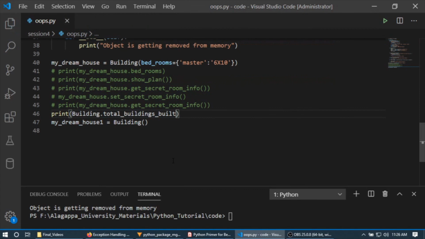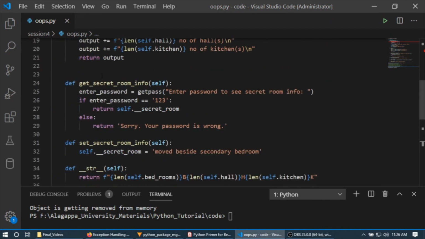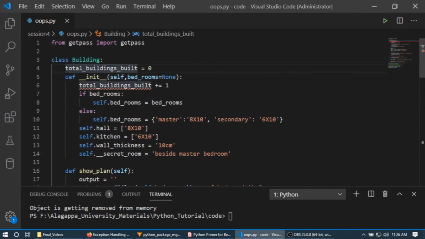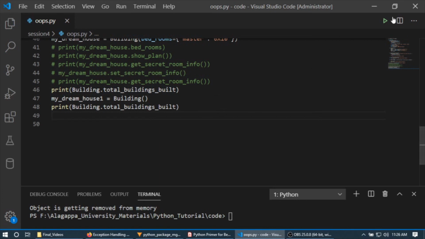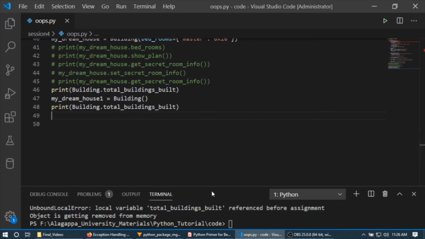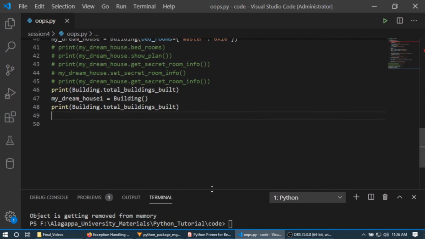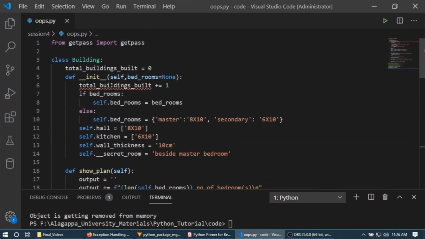Here I am getting this class variable by specifying the class name, not the object name. Since this is declared at class level, not inside self, we can access it with the class name. So the same I'm going to print here. Let's see, run. Total buildings reference. Okay, so